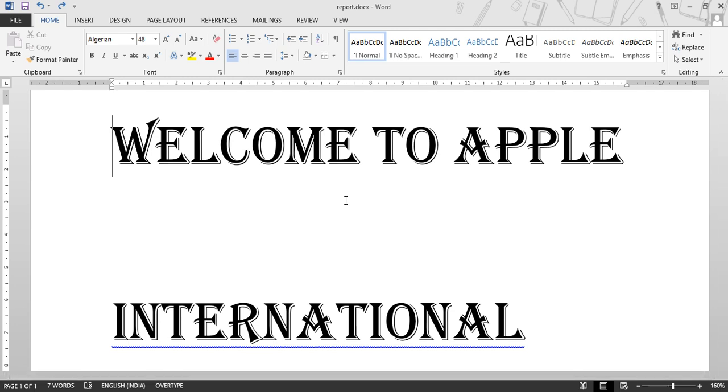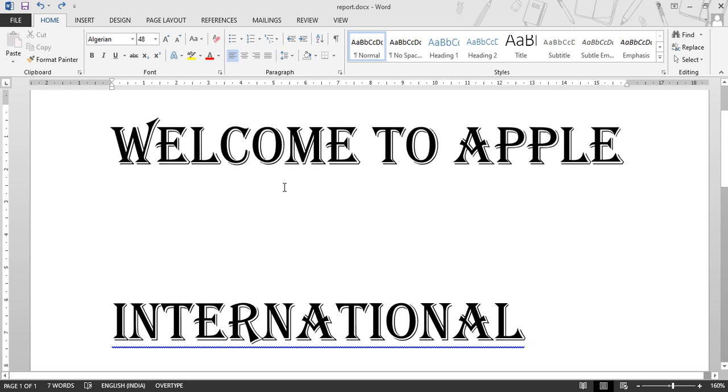Next is the undo and repeat command. The undo command is used to reverse the last command. To reverse the last command, click the undo button on the quick access toolbar. As long as there is nothing to redo, the redo command will show up as the repeat command. The function of the repeat command is to repeat the last thing you did in Word. So when you undo an action, the repeat command changes to redo. The redo command is used to reverse the undo action.